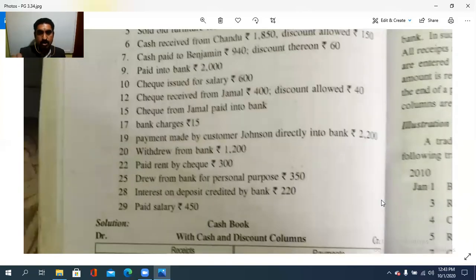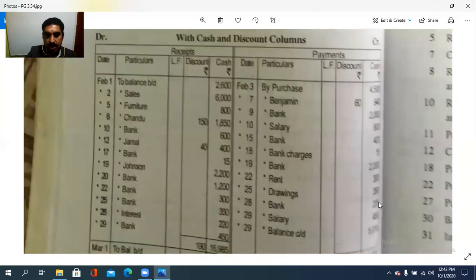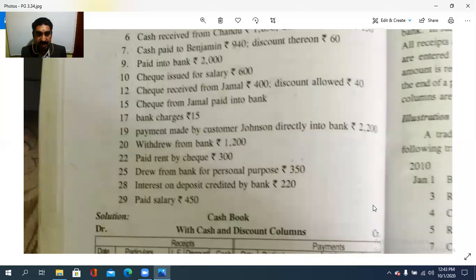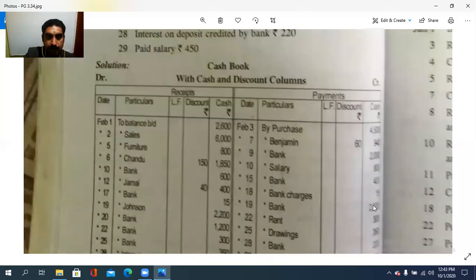Then interest on deposit credited by bank. Interest account debtor to bank, isn't it? So by, sorry, bank account debtor to or cash account debtor to interest, because it is receiving. Interest not paid, interest on deposit credited. So it is a revenue we are getting. So 220, that is to be debited. Bank account debtor to interest 220, and paid salary account debtor to cash, isn't it? So by salary,